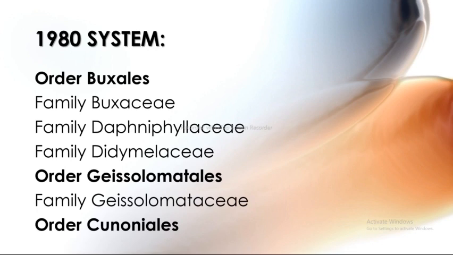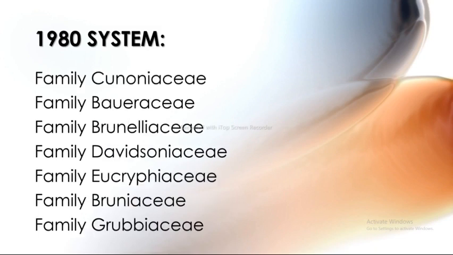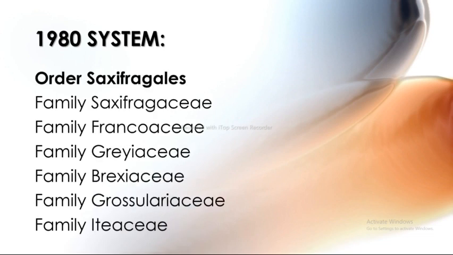Next order is the Cunoniales, and it includes the family Cunoniaceae. And next is the Baueraceae. Next is Brunelliaceae, Davidsoniaceae, Eucryphiaceae, Bruniaceae, and Grubbiaceae. And the next order is the